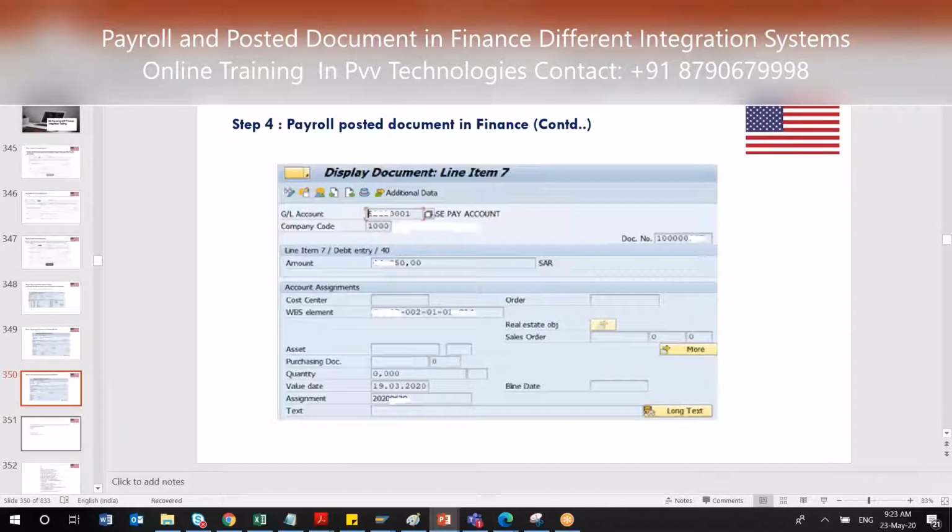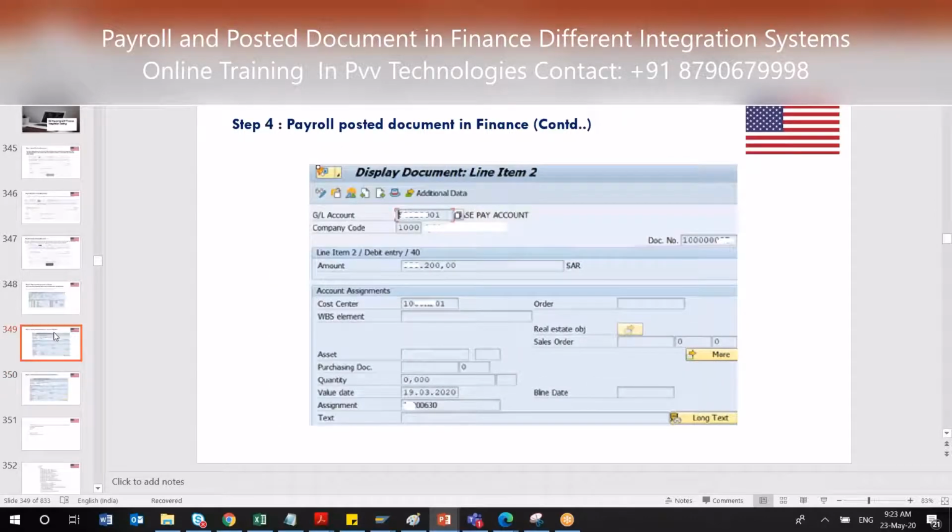Any questions? I understand it's a very huge topic, but I'm going to take time on this. Whenever I did it for the first time, it took at least one month to understand the entire topic. In the last project also, I had to relearn a few topics, like IDOC administration, port configuration, and the distribution model. After a long time, I had to refresh and understand this topic again. Otherwise it is not very difficult.